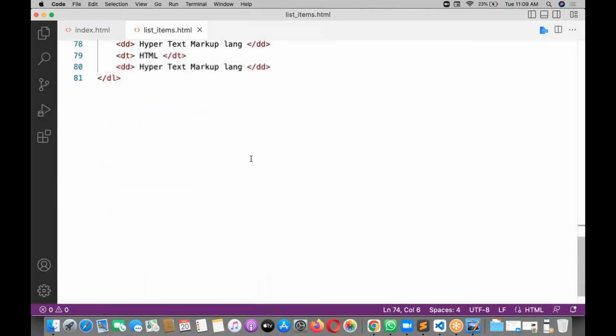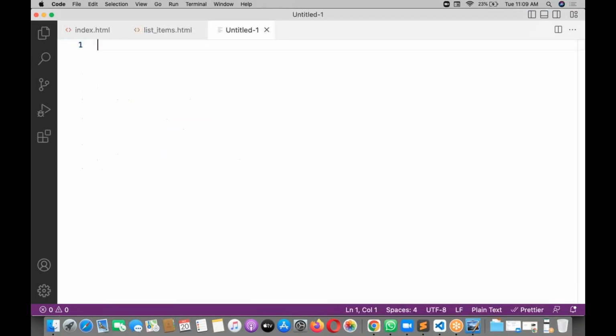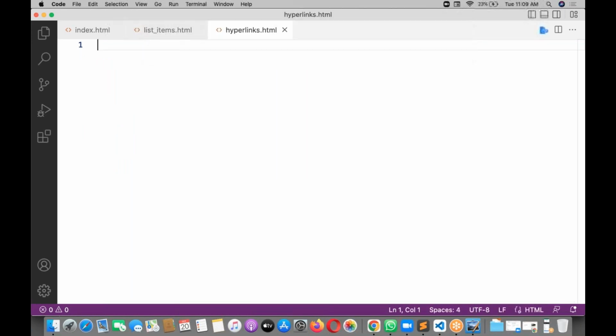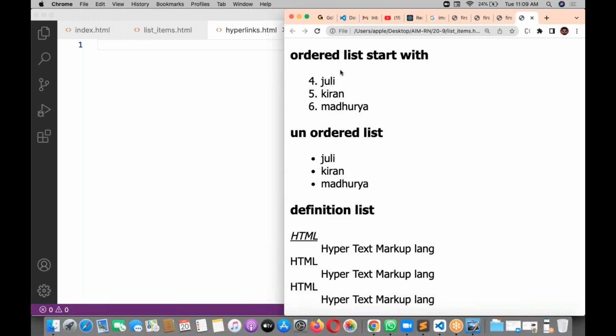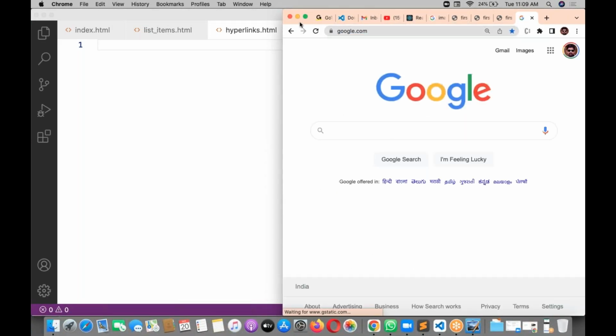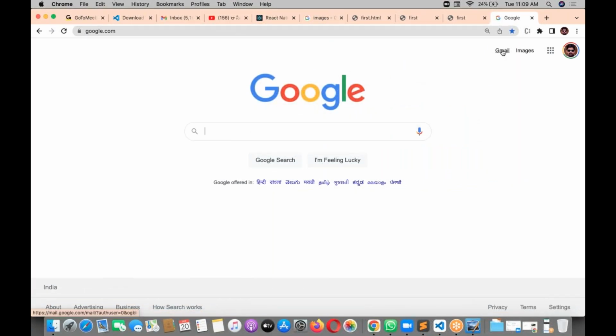Now we are moving to a very important concept called hyperlinks. Hyperlinks are very, very important for web applications. Everything is a hyperlink. For example, if I go to google.com, when you click on Gmail, it navigates to the Gmail page.